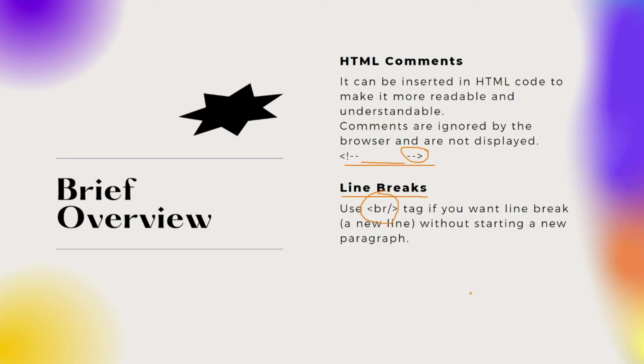And as you are able to see, like the HR tag, the BR tag is also a singular tag, or more precisely, it is an empty tag. It doesn't have any close tag, right? So friends, in short, if we want to break the line without starting a new paragraph, means we don't want to start a new paragraph, but we just want to break the line within the paragraph, for that purpose we can use this BR tag, right?